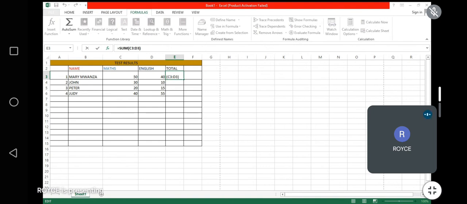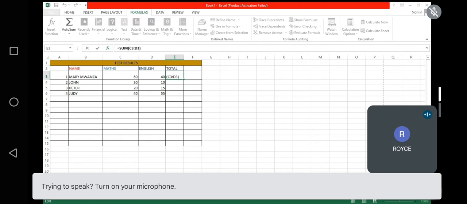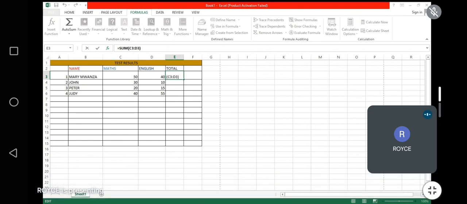Okay. So when you click on OK, a dialog box with function arguments is going to pop up. The function arguments are basically the cells where the data is that you want to add. We have the first argument being Number 1, the second argument being Number 2. So you can either write C3 on Number 1 and then write D3 on Number 2, or you can give Excel a range of cells, which is what you are seeing on